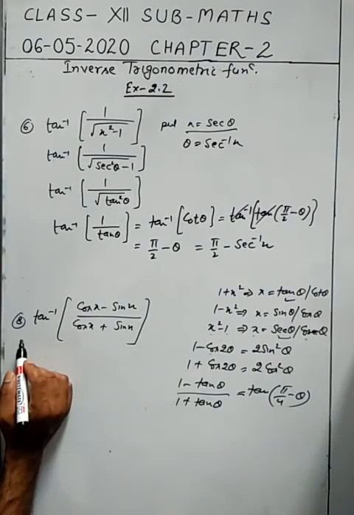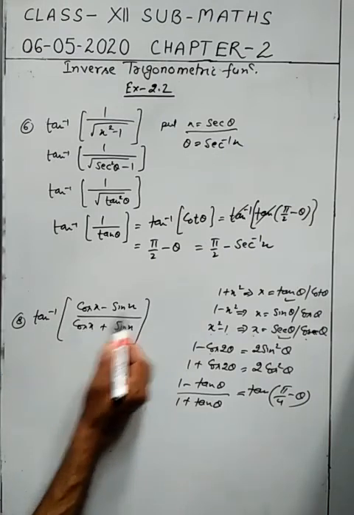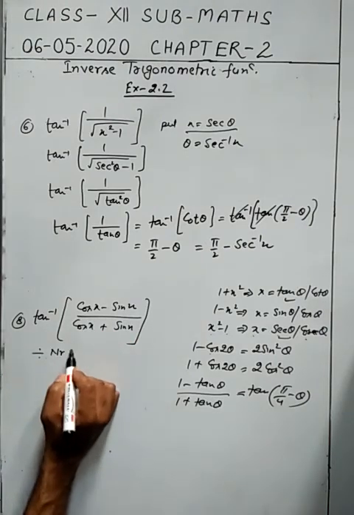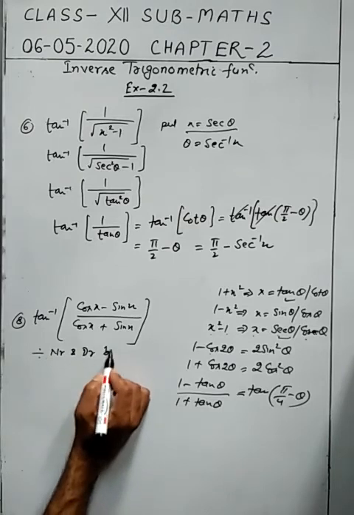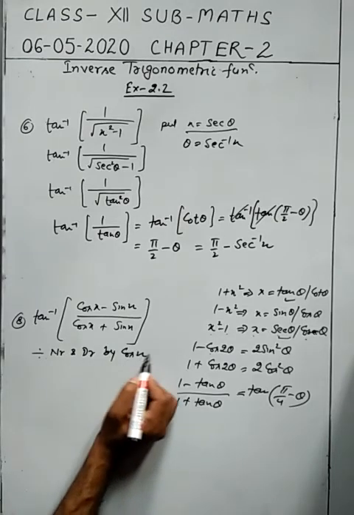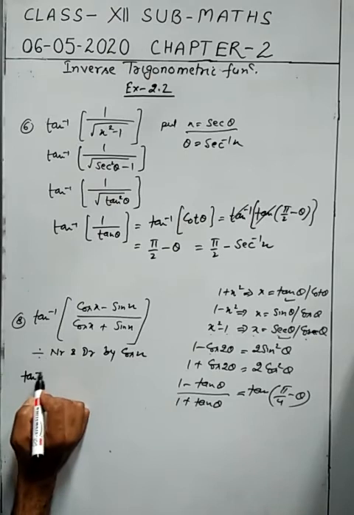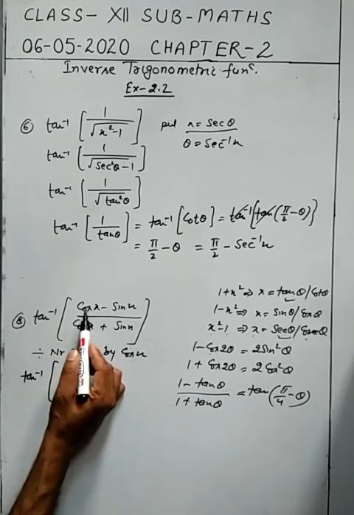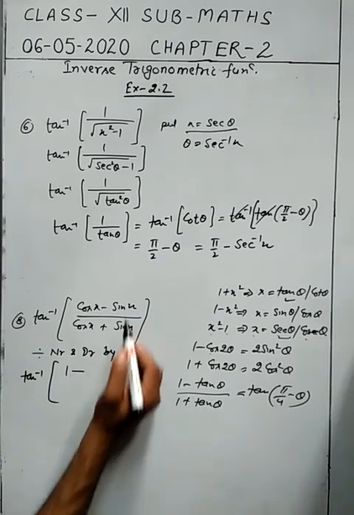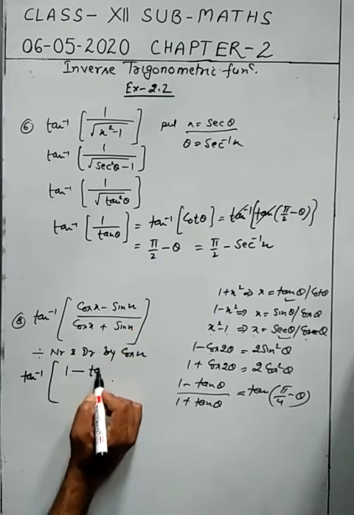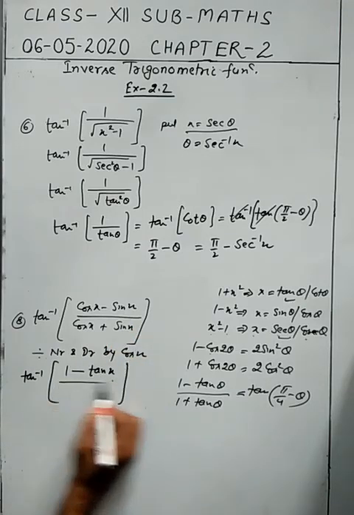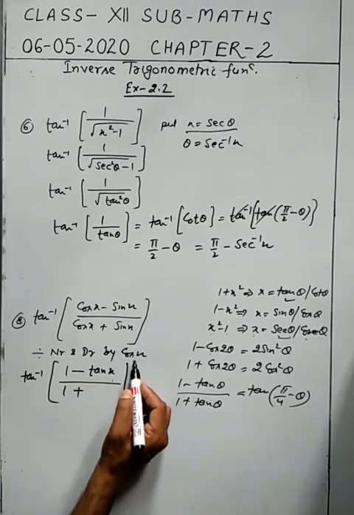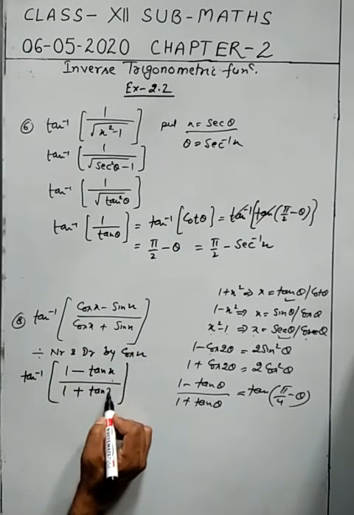Now come to question number 8. Tan inverse cos x minus sin x, cos x plus sin x. Divide numerator and denominator by cos x. Divide all the 4 terms by cos x: cos x divided by cos x is 1, sin x divided by cos x, this is tan x,